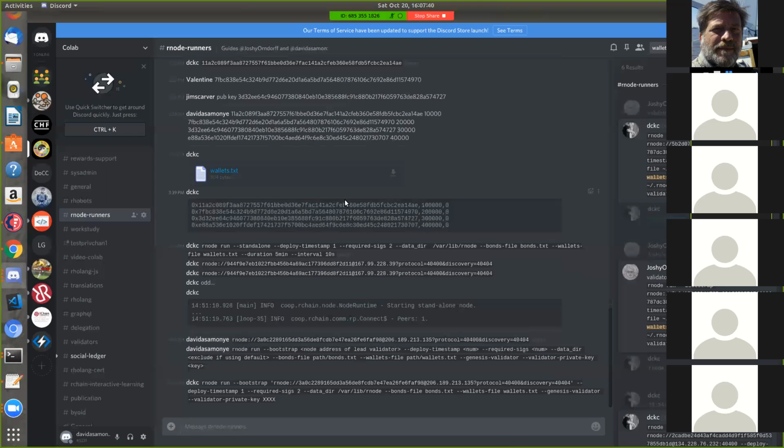I can't get the no PNP thing to work, but whatever. Specified wallets file does not exist. Oh, I changed directories.